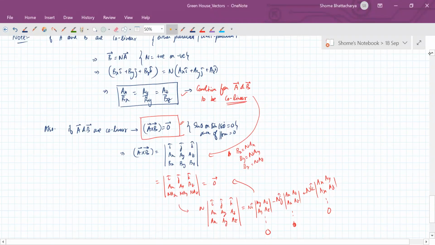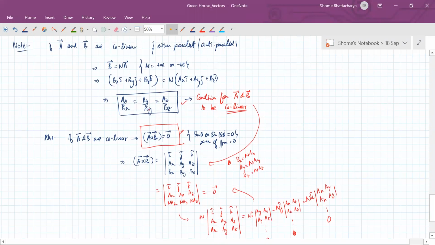So if you're ever checking whether two vectors are coplanar, the easiest method is this: ax upon bx should be equal to ay upon by should be equal to az upon bz. However, the moment that happens, it automatically also implies that their cross product will be 0. The cross product of two vectors is 0 when the angle between them is either 0 or 180. That means the vectors are collinear, that is, they are lying along the same line.